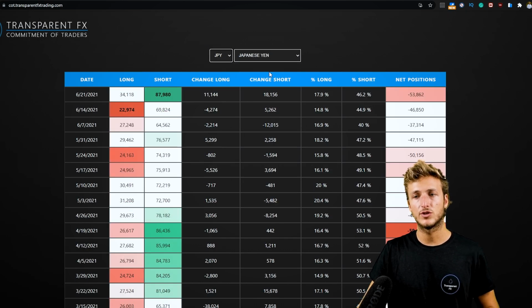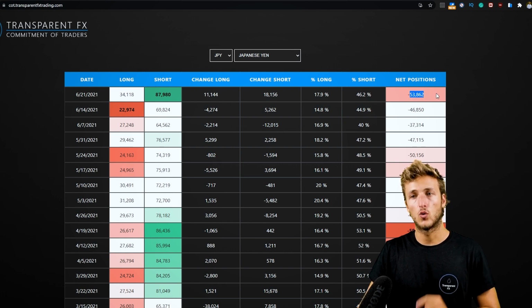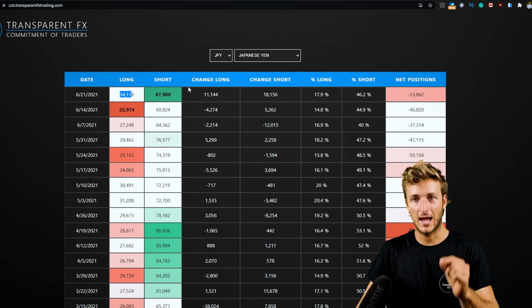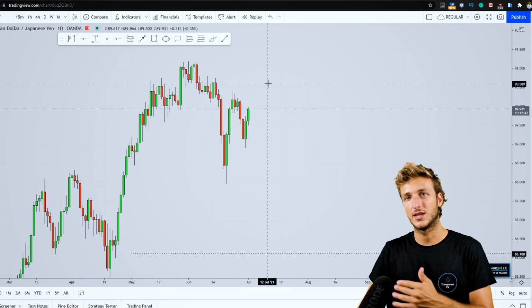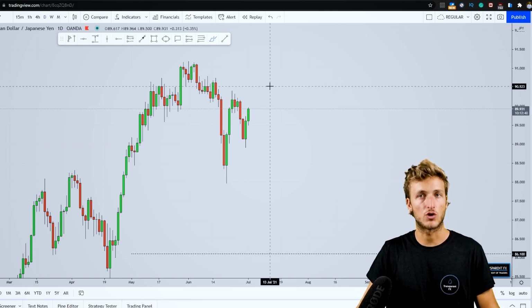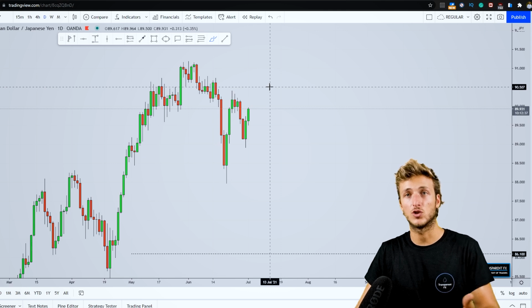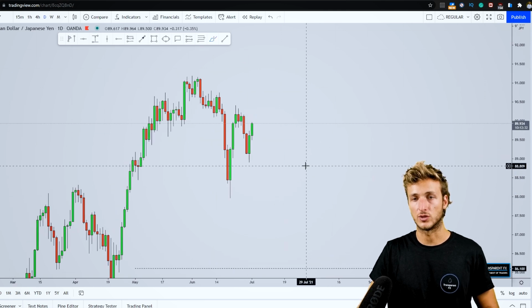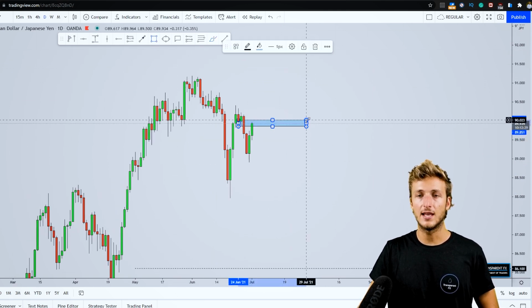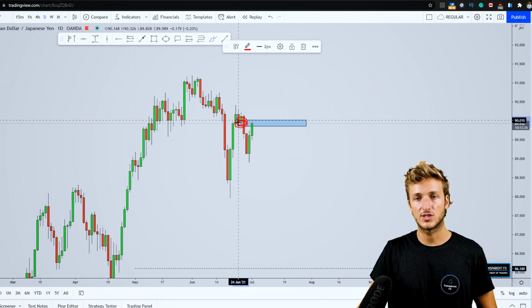And if we go and see what we have on the JPY, we can see how the JPY has quite weak net positions with minus 53k, with 87k shorts and 34k longs. So the JPY is weak. However, we can also see how 11 longs got added with the last report, meaning that we are already seeing longs getting added, which could lead to a retracement in the weakness of the JPY, which means a strong JPY that, combined with a potential weak CAD, as we have already discussed, would easily bring this market to provide a rejection to the downside. Specifically because here on the daily, we are also testing quite strong previous daily support,